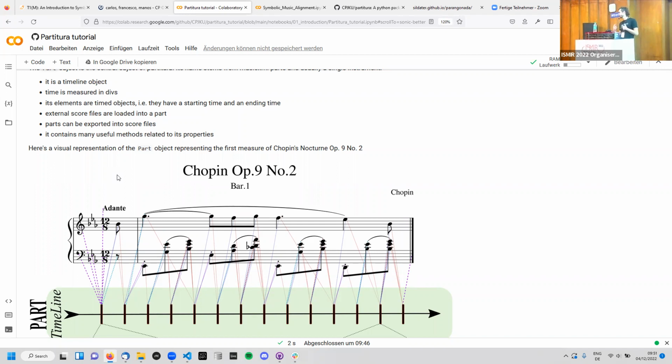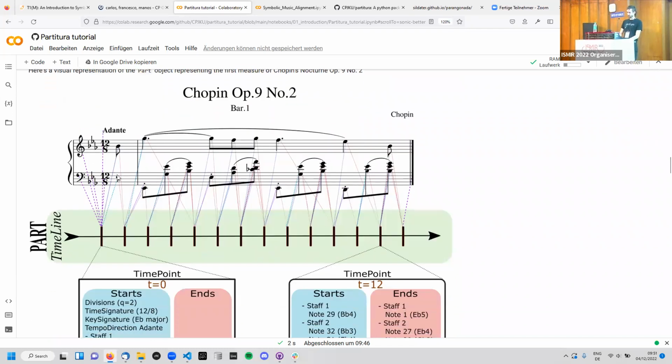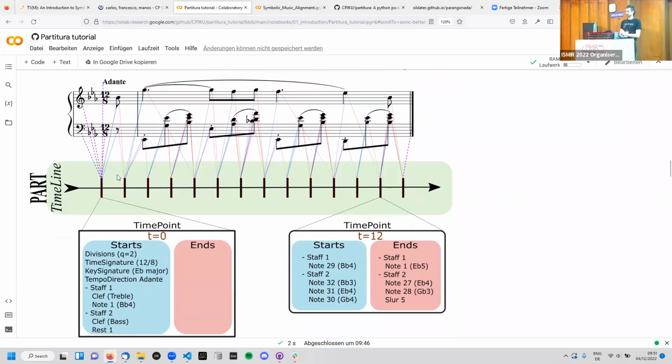All the utilities that we're going to talk about relating to extracting information features from these parts are methods that attach to the part object. Here we have a visual representation of what I just talked about. We have this part timeline. We have several time points on this timeline, and for each score object, we